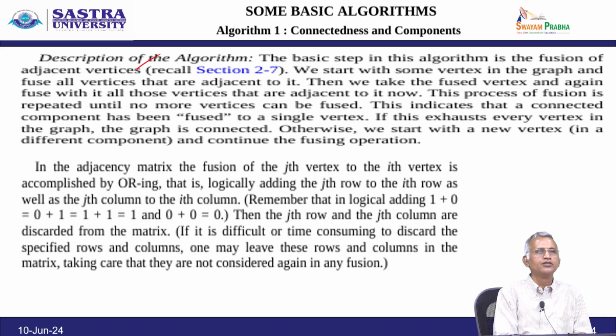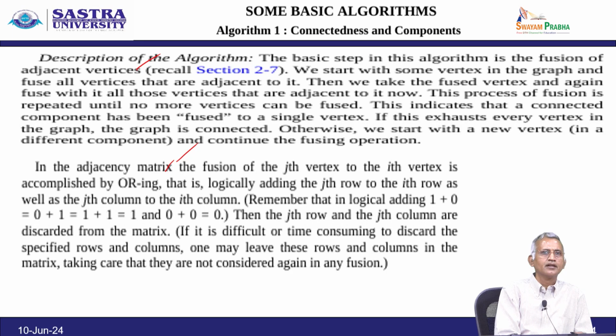Further, mathematically you have to work with an adjacency matrix. The fusion of the jth vertex to the ith vertex is accomplished by ORing, that is the OR technique: 1 plus 1 equals 1, 0 plus 1 equals 1, 0 plus 0 equals 0, and 1 plus 0 equals 1. So, like that you do ORing, that is a logical addition, of the jth row to the ith row as well as the jth column to the ith column, and the jth row and jth column are discarded from the